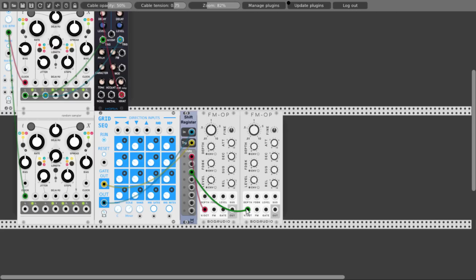So now let's connect also both gate outputs of Marbles to the gate inputs of our oscillators. T1 will go to the first oscillator, T3 will go to the second one. Let's also activate the level envelope. Take down the attack so it's nice and snappy. And let's also randomize the notes of the grid sequencer and lower its range. And the middle gate output, the T2, will be the one that will run the grid sequencer from its random trigger input. So we will get always different notes, and let's see how this sounds like.